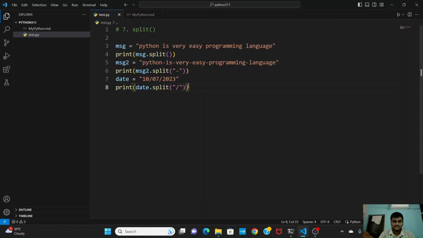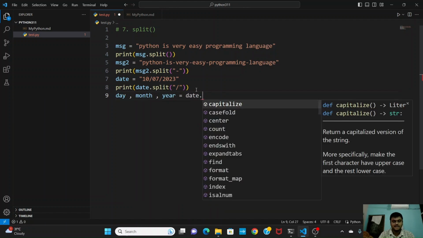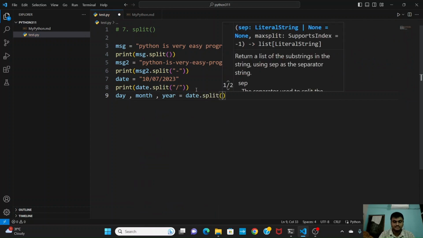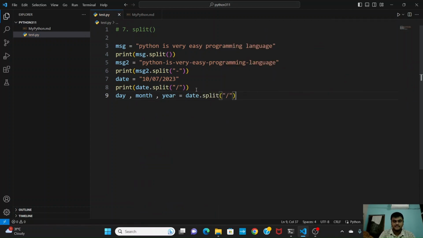If you want to take these values as day, month, year, we can take date.split of slash. If you are going to print